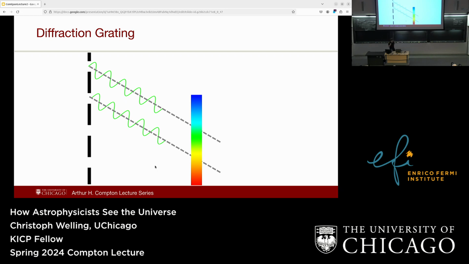And this would work perfectly well. There's only one problem, and that is actually, most of the light is stopped at this wall. And if we were looking for a very faint star, that's kind of a bummer. So what we do instead, we